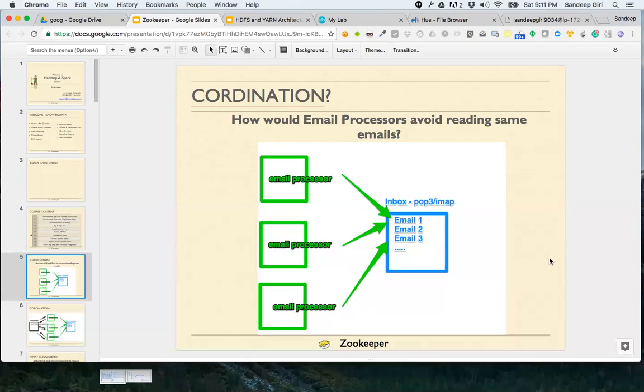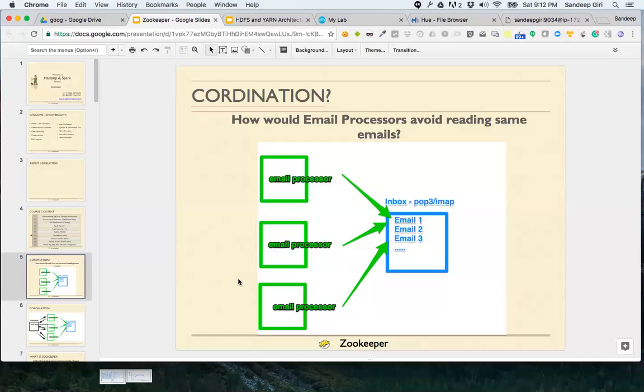And that's exactly why we need a central agency, right? So as Manjunath is saying, we'll use a lock and a hash table to maintain it. But the question is, where will you keep this hash table? Each email processor 1, 2, and 3 is running on 3 different machines, and the hash table is in memory. So we need a distributed lock mechanism.